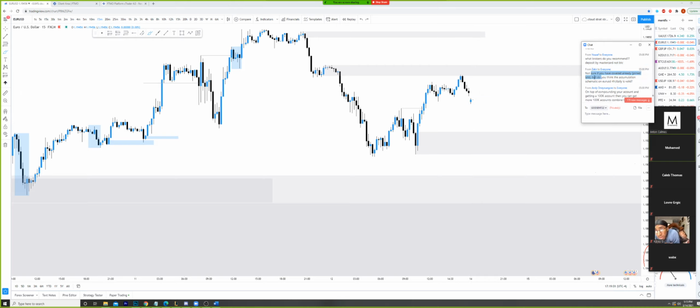Not sure if you have covered already, joined late, but do you think the accumulation schematic on EURUSD 4-hour daily is valid? It's almost valid. It hasn't been validated yet. We'll take a look at EU in a second too, by the way, because I did promise to look at it, so definitely we'll look at that in a second.